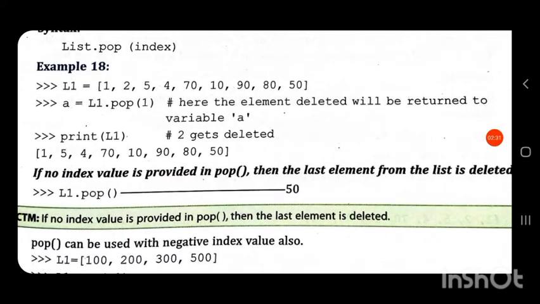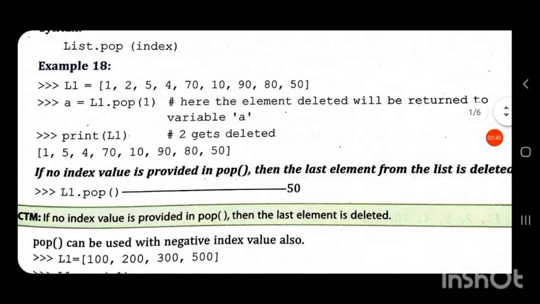So 1 is the index of list L1. From the list L1 we are deleting the element at index position 1. At index position 1 we have the element 2, so the pop function will delete the element 2.